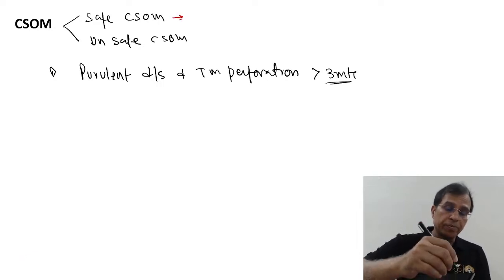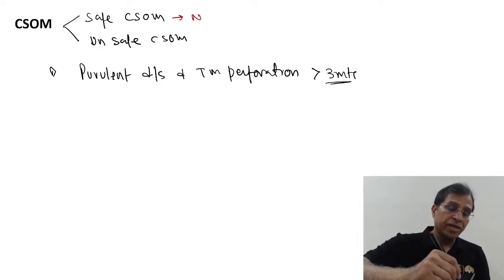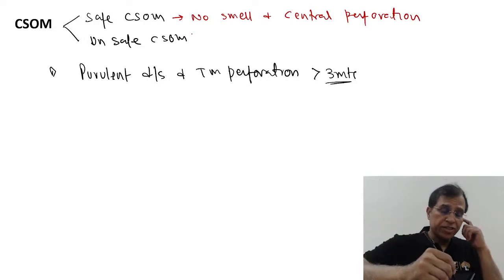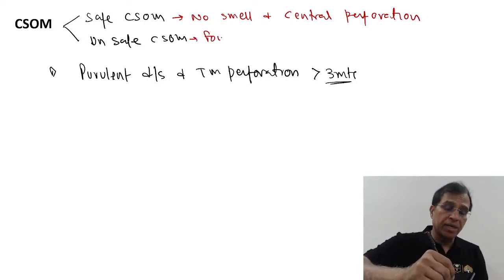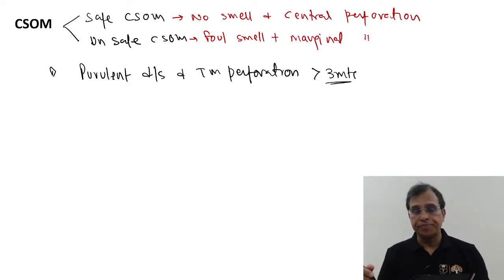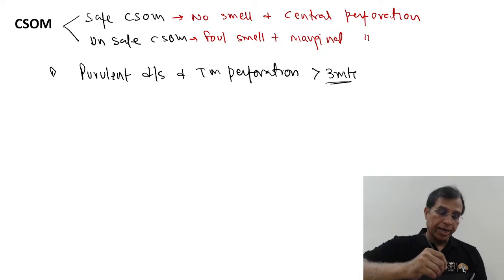In safe CSOM, there is no smell in the discharge, and central perforation. Perforation is seen in the center of the tympanic membrane. Whereas in unsafe CSOM, there is a foul smell in the discharge. It's not just smelly, it's very smelly, and it's marginal perforation. Perforation is not in the center, but in the margin of the tympanic membrane. Okay, and treatment